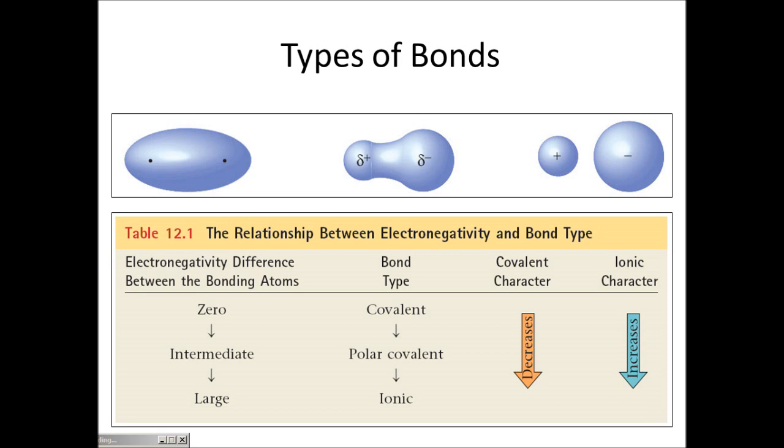And we were saying that elements in the periodic table that are up and to the right have a higher electronegativity because they would hold their electrons more closely. So that attractiveness of the nucleus as seen by the outermost electrons